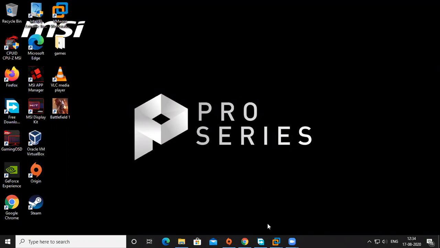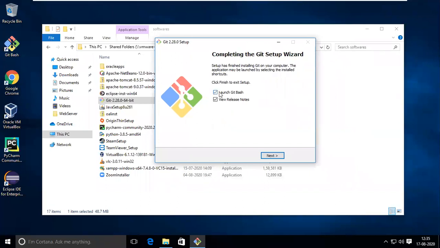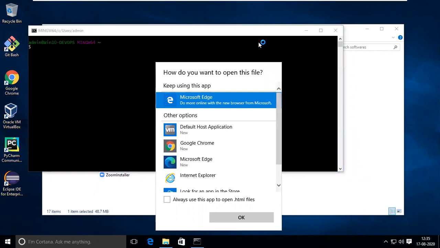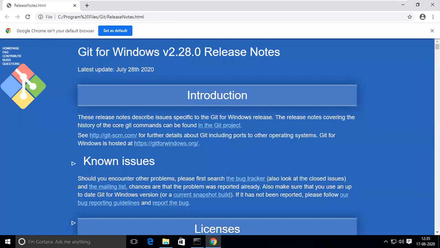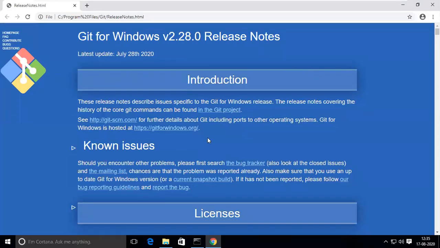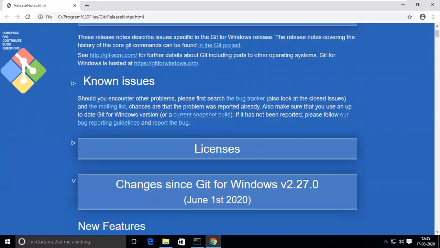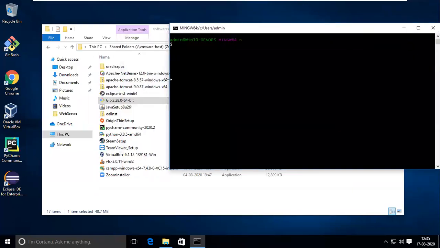Where is my machine? Here. It is installed. Then if you want to launch it, you can select it. If you want to go with the release notes, you can do it. Otherwise, unselect it, no problem. Okay, this is the release notes. I'm using Google Chrome. Okay, this is telling about what are the features, issues, and all. And here it is our Git related